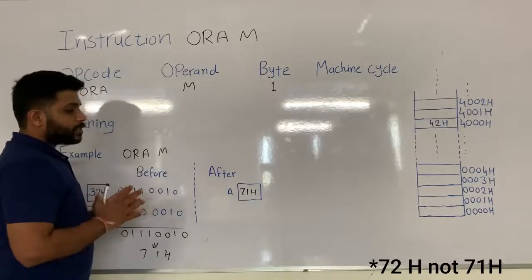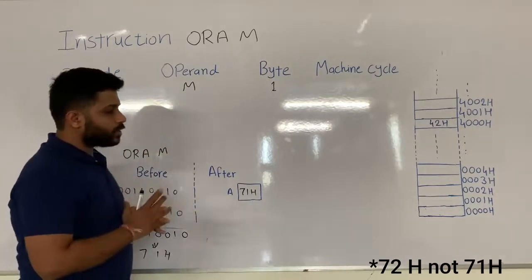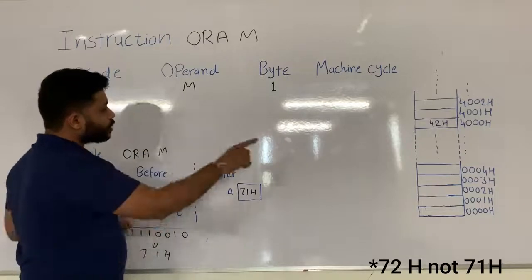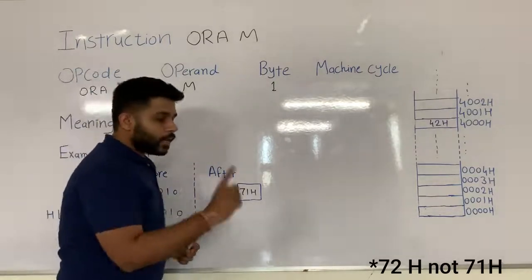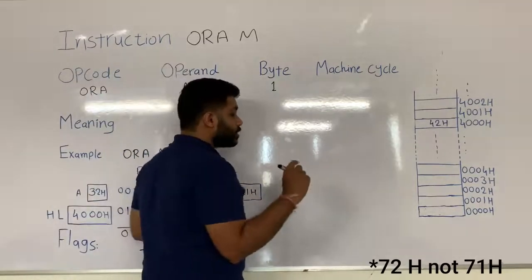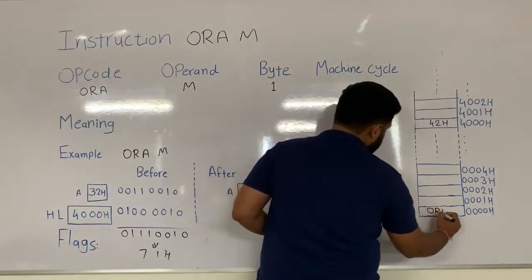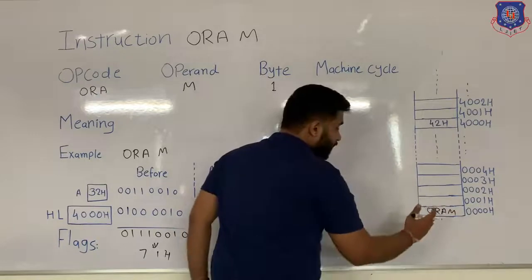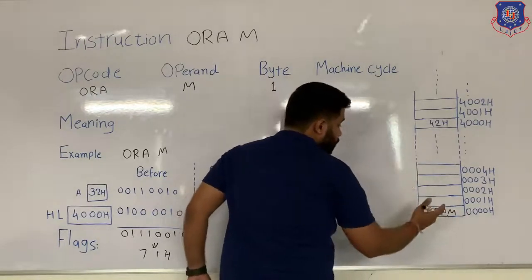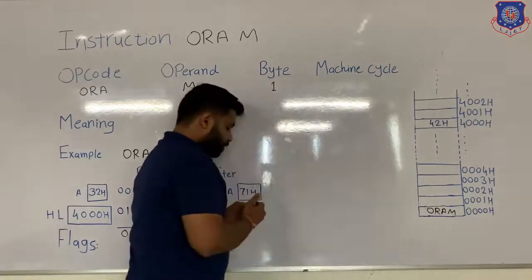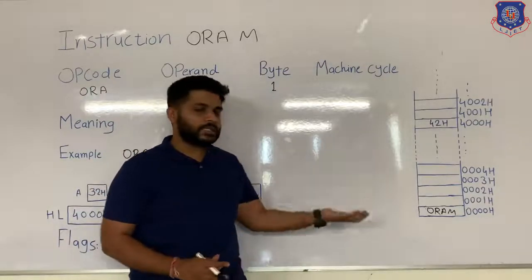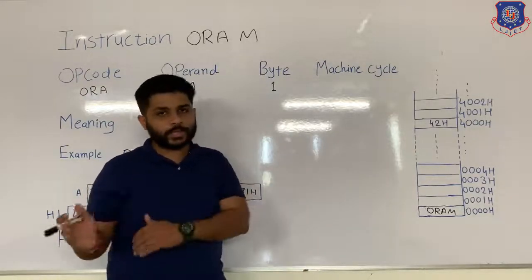Now to understand the machine cycle, we have to see the whole process for the instruction. When you give this instruction to the memory, it will occupy only one memory location because this instruction is of only 1 byte. So in the memory, this whole instruction will be stored. After that, this instruction will be read by the microprocessor. All the instructions are stored in the memory. The processor will start doing its work, that is fetch, decode and execute.